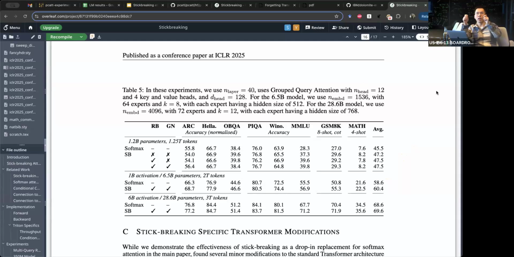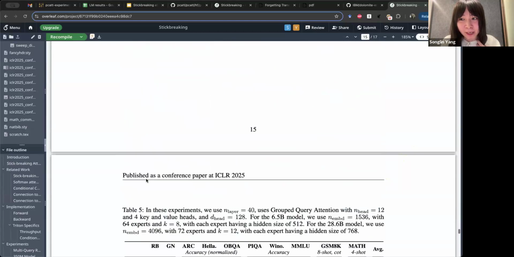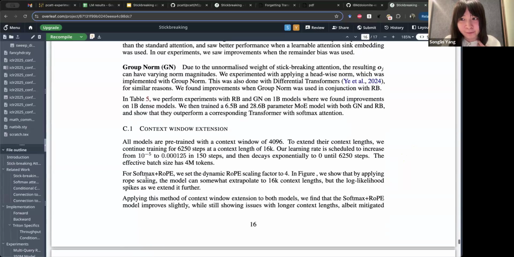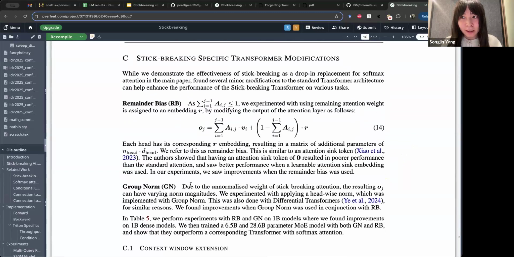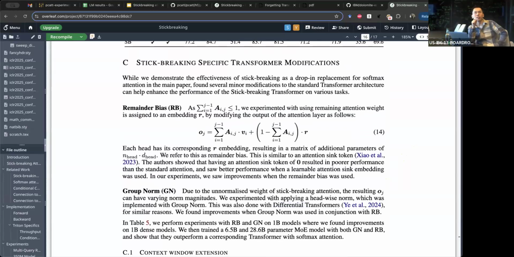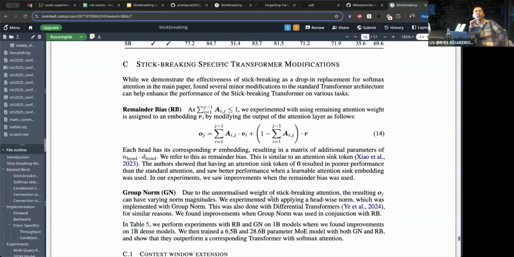Yes, it's a group norm on the output. I think this strategy has been used in several recent works, like differential attention and also for gating transformers. I think many people found that even for softmax attention, group output normalization is really helpful. But for now, what we found is the major improvement on performance is not from